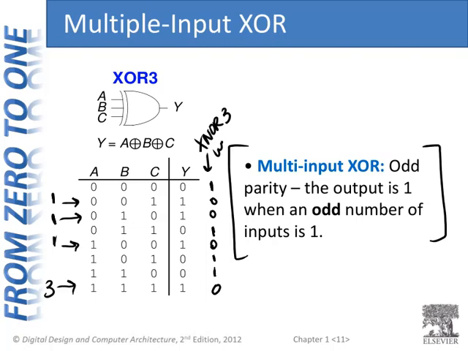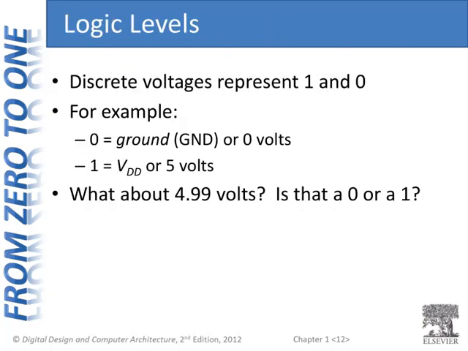Okay, so now let's dive into these logic gates a little bit deeper. We're going to go down to a lower level of abstraction and look at how these gates actually function. We've already talked about discrete voltages representing 1 and 0. For example, 0 is 0 volts. That's generally true. And VDD, which is the high voltage,